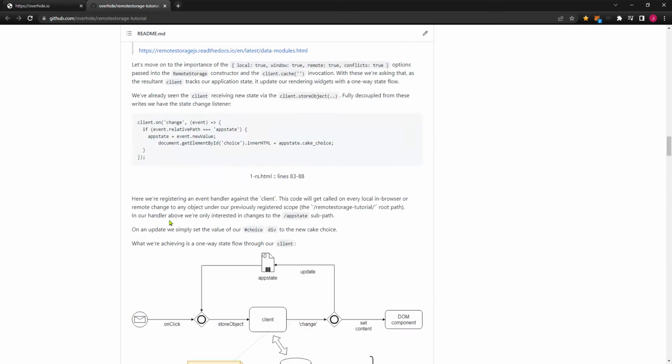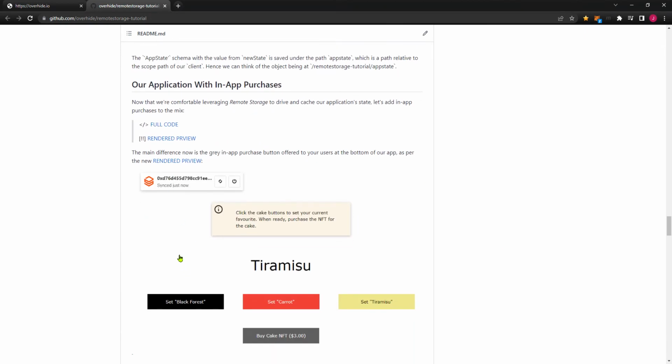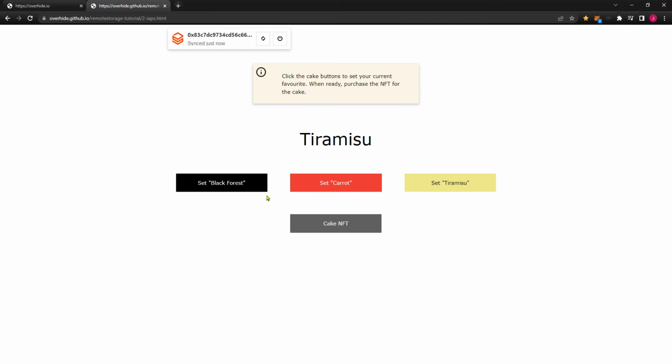The second app that's in this tutorial is an actual app that has in-app purchases right in the app. So it's not just that the RS server has a fee. And in this one, what you can see is an additional button here, which is an in-app purchase button. And as you can see, I got automatically logged in, and now I actually showed the Ethereum address